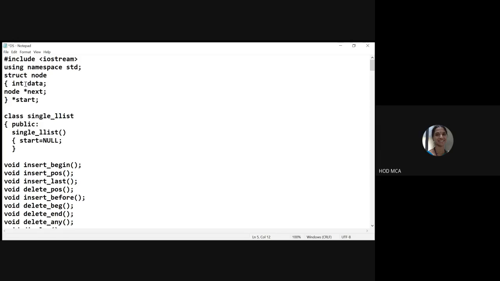What are we having here? We have data, which is of the type integer, and then we have a pointer variable called next, which is used for holding the address of the next node, right? And it is of the type node itself. What is node? Node is nothing but the structure. And then we are also making use of a pointer variable called start, which is going to hold the address of the first node. All right.